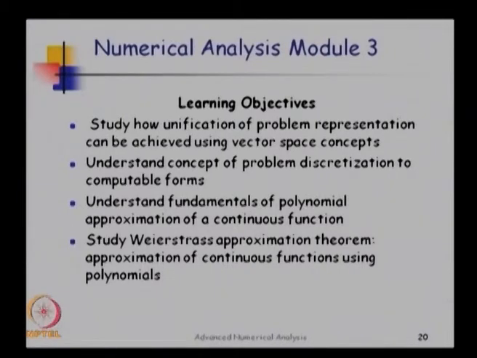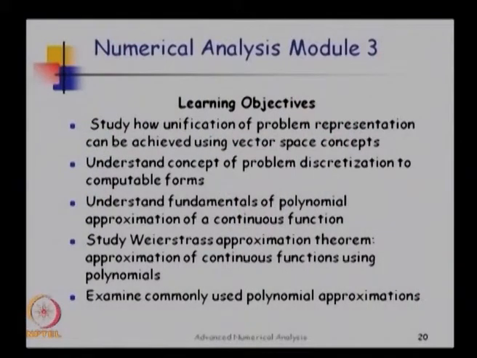Okay. So it does not tell you which polynomial to use, it just tells you existence of such a polynomial approximation. Well, it is up to us to construct the polynomial approximations, but the study of Weierstrass theorems very briefly will give you the foundation of how this whole business is done of approximating or transforming a problem, original problem, into a computable form. So we will just very briefly look at Weierstrass approximation theorem, and then we will one by one start looking at commonly used polynomial approximations.